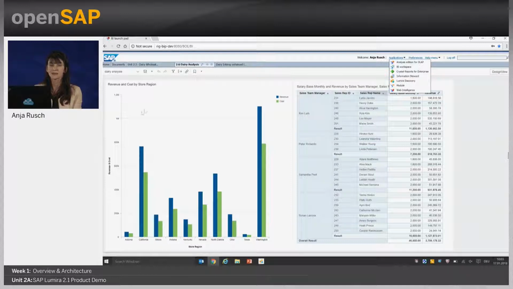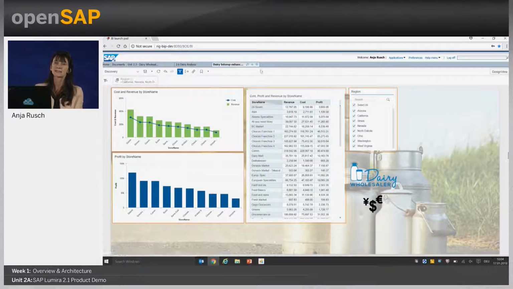So this is based on HANA live data, but what we will do as well is include new data from Excel. That's what we did here. So these data are coming from Excel and are linked with the data of HANA, because we use the functionality that I just showed you before to publish data from the client into HANA and to use them later on as a live view. And the last thing that I want to show you is the dairy interop that we created here,